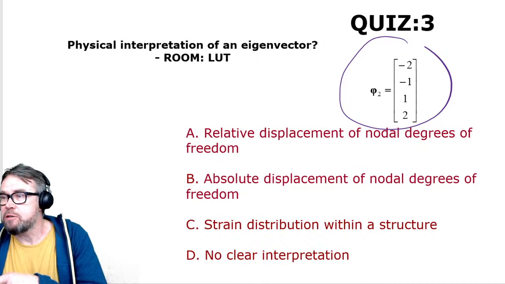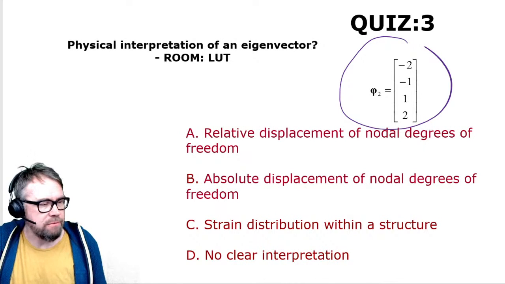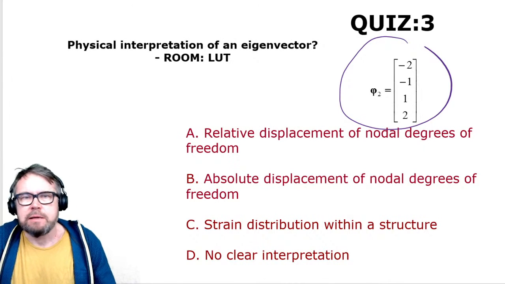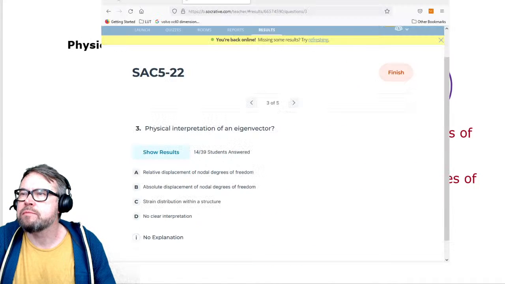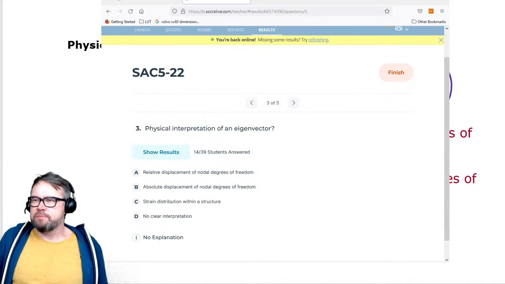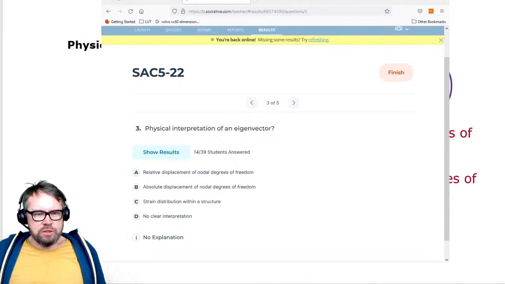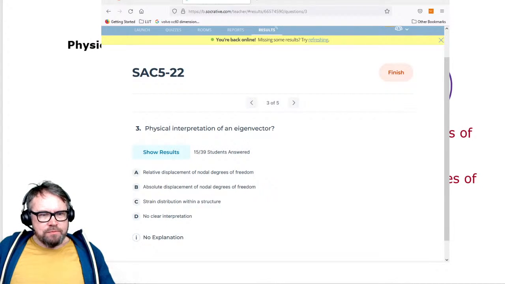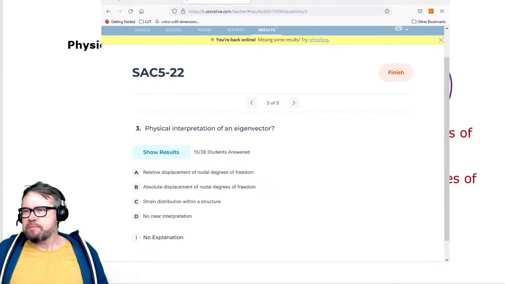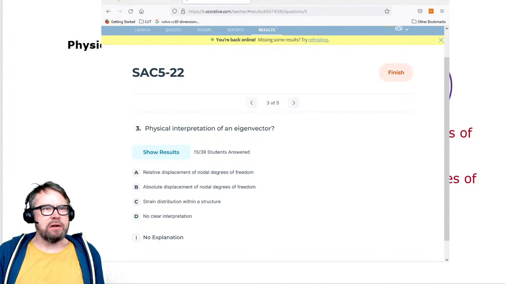And now we're back here. So I can see that I have 14 answers. Let me make this one visible for us. 14 answers. So what is the correct answer? 15. So soon we're going to